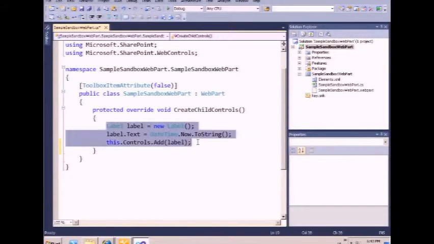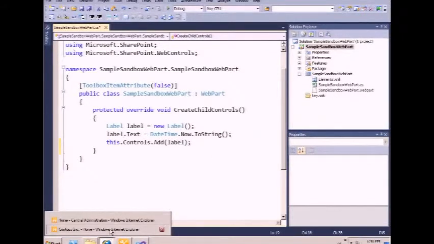So here's just a simple sandbox solution web part that's going through and creating a label and then pitching it into the controls collection here. So what I'm going to do, I've already got this guy created, so I'm going to go over to my site,